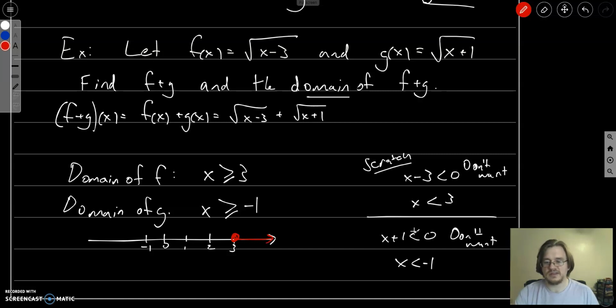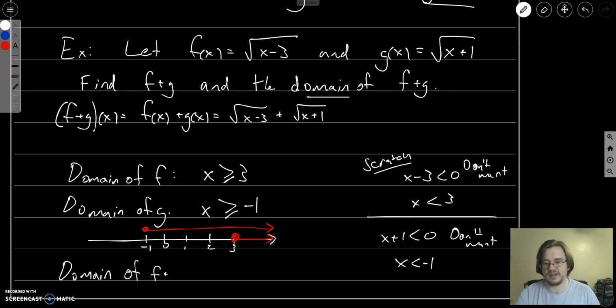But I can only plug things into g that are greater than or equal to 1. So when we look at this, we look to see what numbers I can plug into both f and g, and we can see that only numbers that are greater than 3 will satisfy both of the domains. So the domain